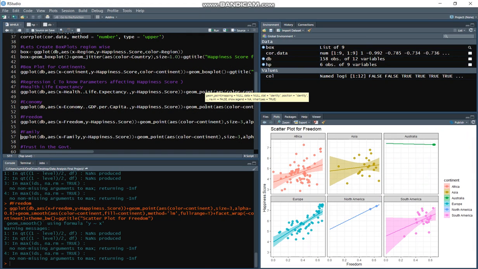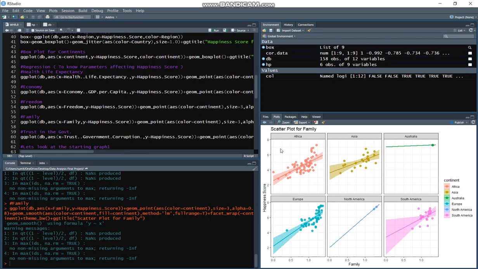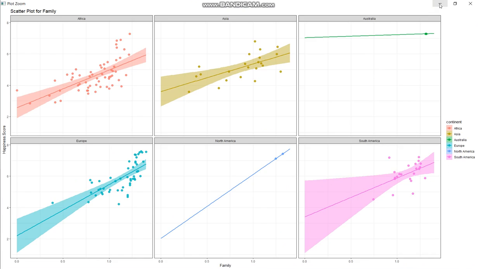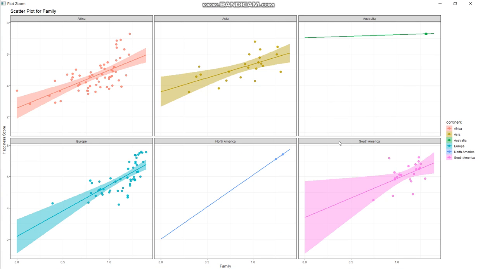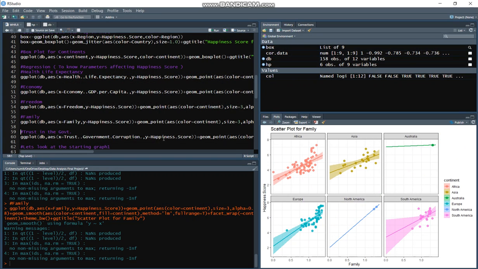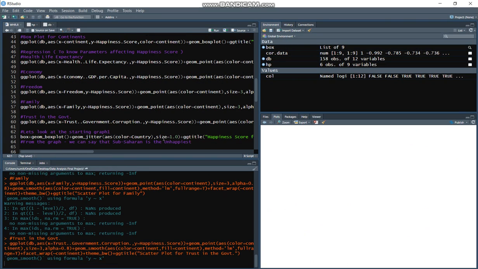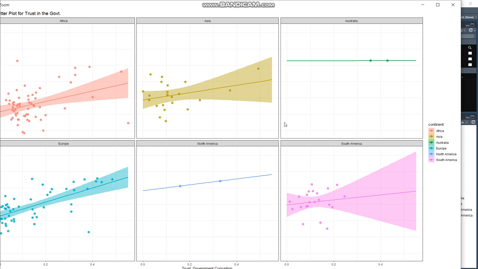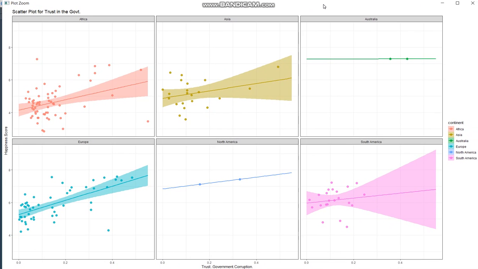Now coming to family. Next is the trust in government.